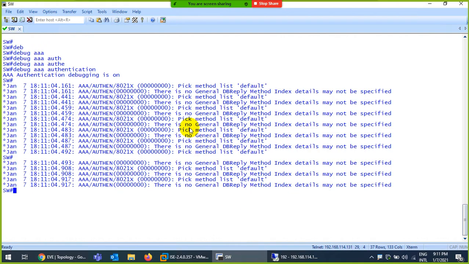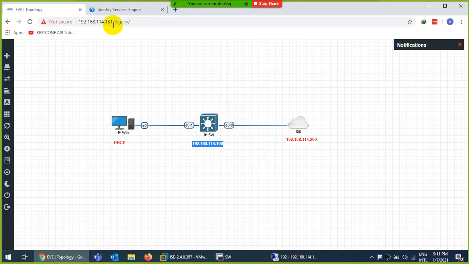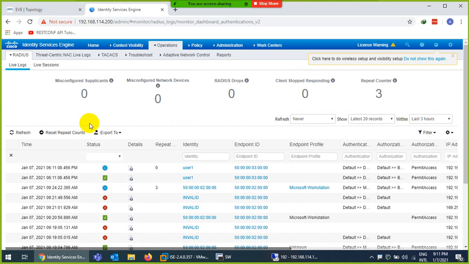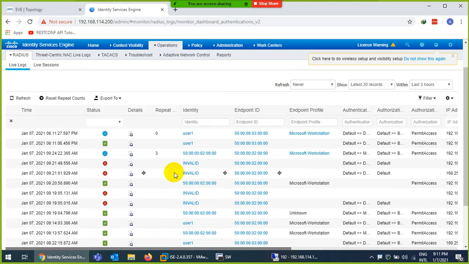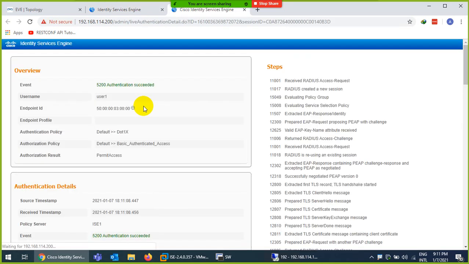Let's go to the Cisco switch. I enabled AAA authentication. Look at this, it picks the method default one, and it will send to the AAA server. So let's go to Cisco ISE and here refresh. So here is the user. The user is correctly authenticated and is permitted with the 802.1x method. It uses the basic method and permits them. And if I go to details, it says that we authenticated successfully.